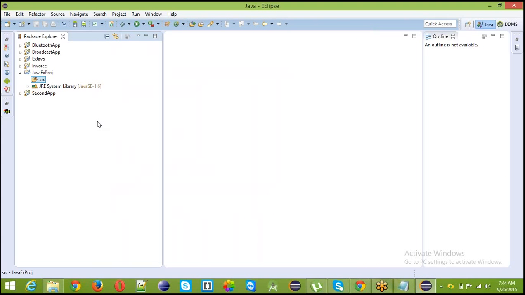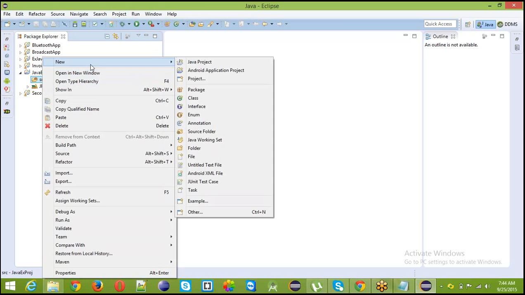Now we just created the Java project. I went to File and created the Java project. Everything is clear. Now I am going to explain one simple thing: how to take a class and how to write simple code. Here I am going to create one class. Java has classes, and I will explain that after this. Don't worry, step by step I will explain.